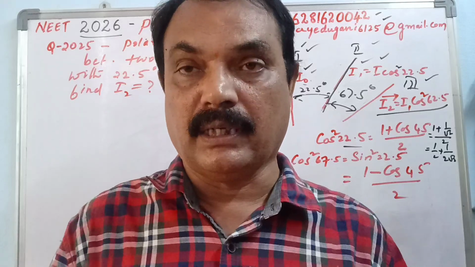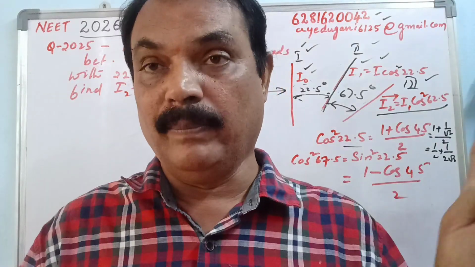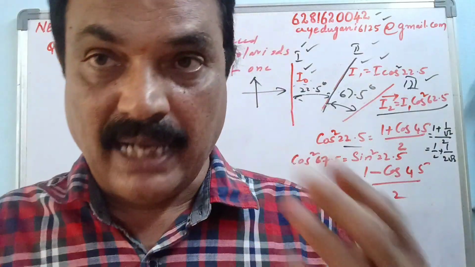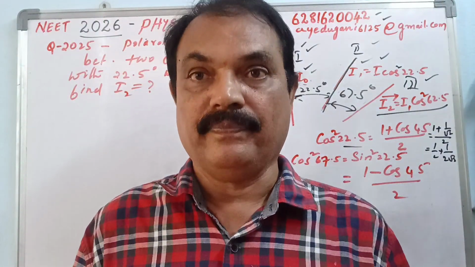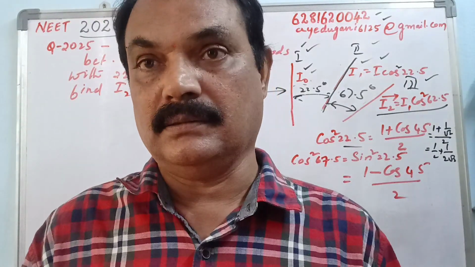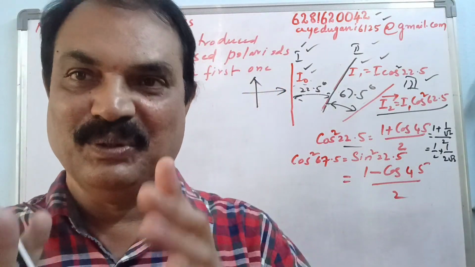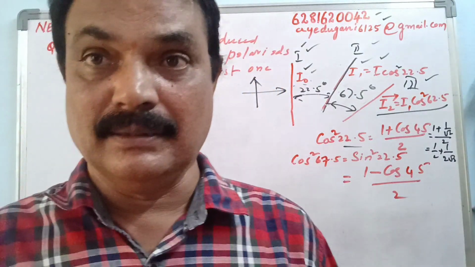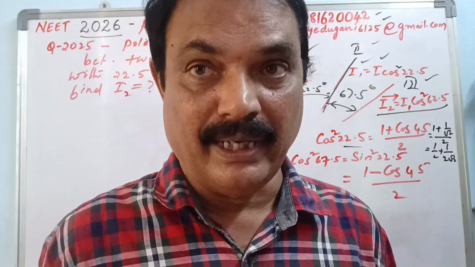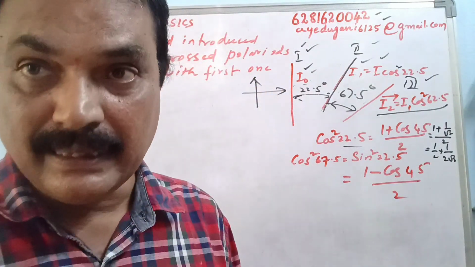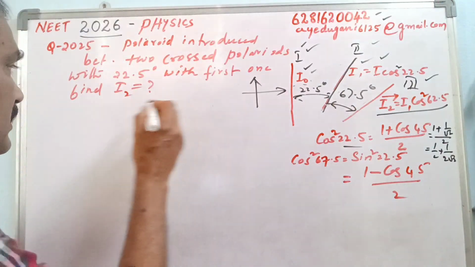One is very important: cos square theta is equal to (1 plus cos 2 theta) by 2. Another one is sin square theta is equal to (1 minus cos 2 theta) by 2. These two formulas I am going to use. I think you know all those things, because those who are going for NEET should be in a good position of understanding mathematics. That is very important. So let's start with